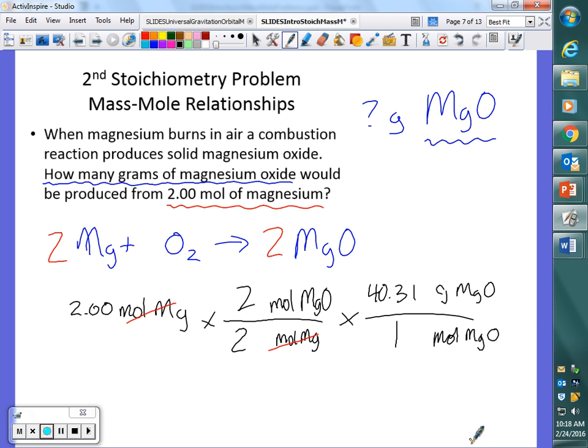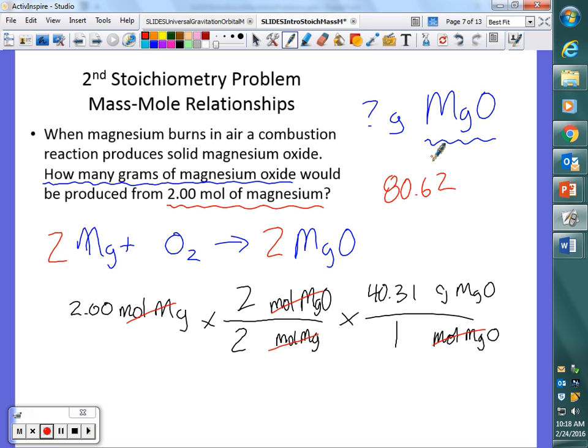Okay? Pat, go ahead. Okay. So now, when we go and do our math, one more thing, right? Then this will cancel and this will cancel, and the only unit that's left now is what? Grams of magnesium oxide, and that's what we want. Stephen, what happens in our mole ratio here? 2 over 2 is just 1, so when we do our math, 2 times 40.31 will give us